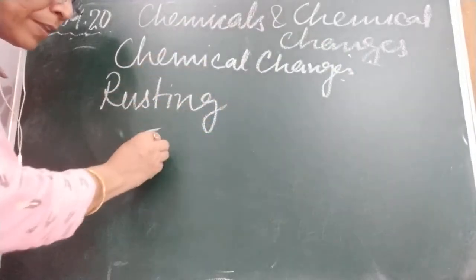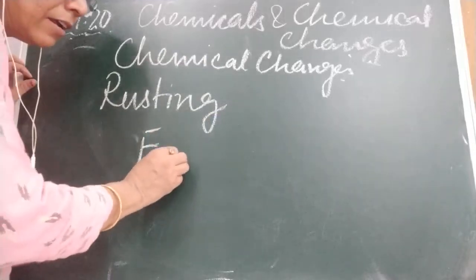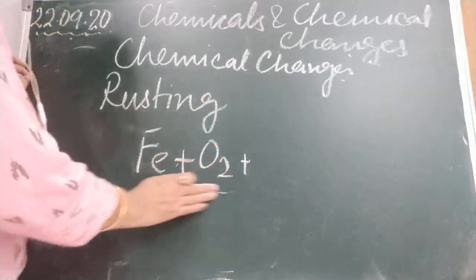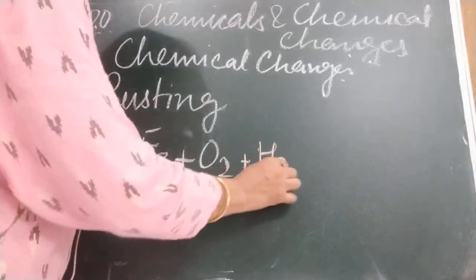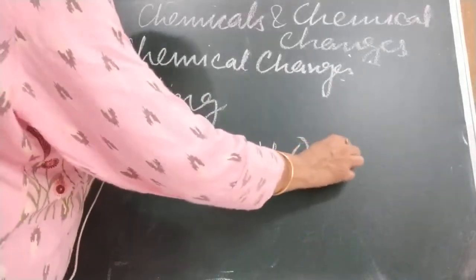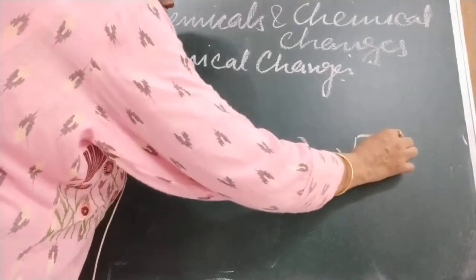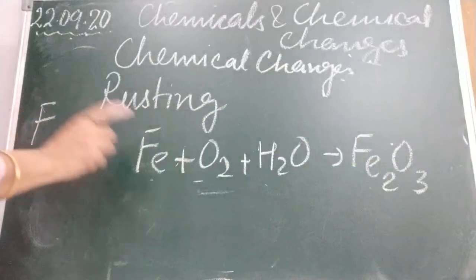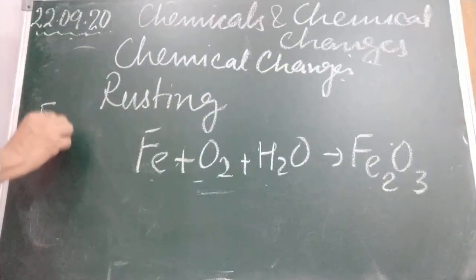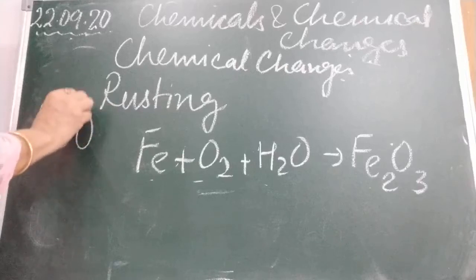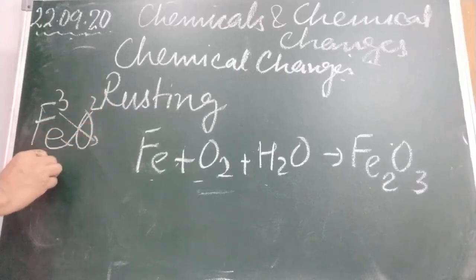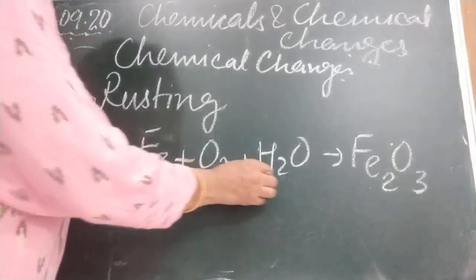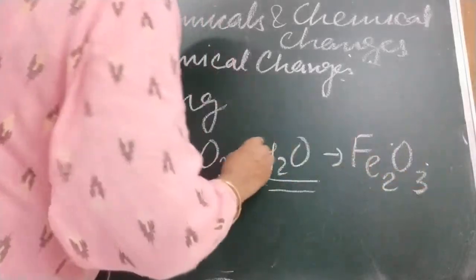First is iron, any item of iron, and in the presence of air, meaning oxygen, and moisture. Moisture means water. When these 3 things react, they form Fe2O3. You know how we make the formula. Iron has 2 valencies, 2 or 3. Here which valency is taken? 3. Oxygen has 2. Cross it. What is formed? Fe2O3. And children, this water will remain intact.